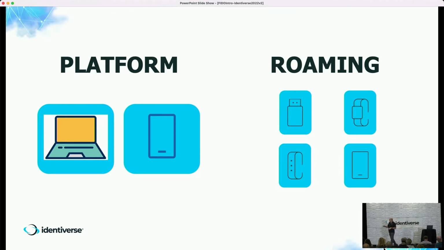The platform authenticator serves the same function as the roaming authenticator, but it's what's built into the device. So it's what's built into your Windows laptop. It's what's built into your iPad or your iPhone. It serves the same role as the roaming authenticator and fits into that diagram I showed. It's the thing that creates the key, except this one's physically built into your device. So there's some convenience there in that you don't have to pull out a second key.